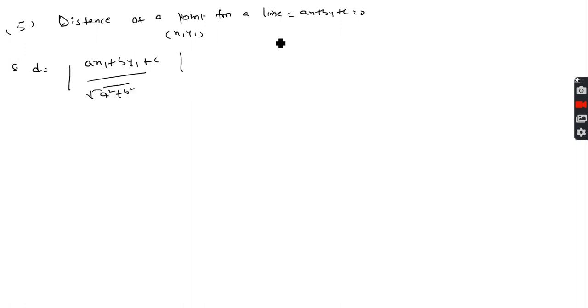This is a point (x1, y1), and this is a line ax plus by plus c equal to 0. So we need to find the distance. What is the formula? The formula is (ax1 plus by1 plus c) by root of a square plus b square. And next one is